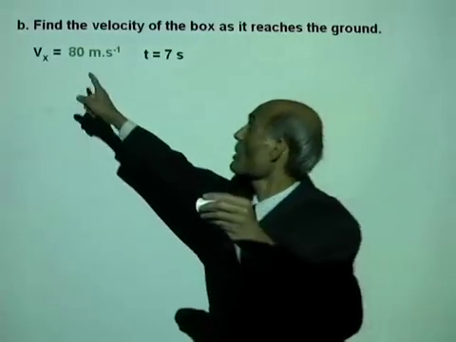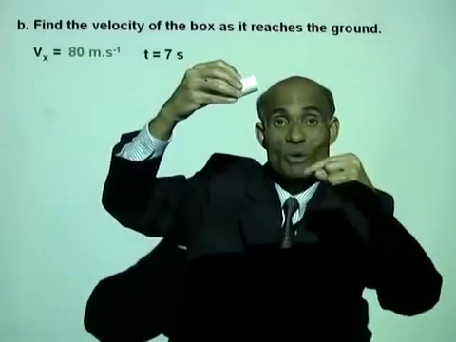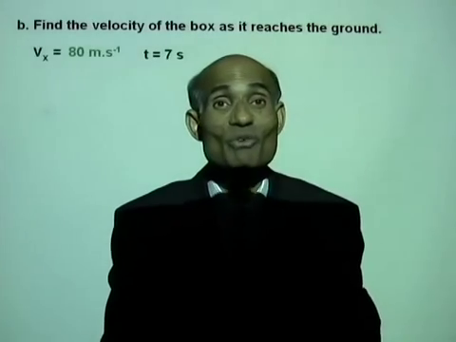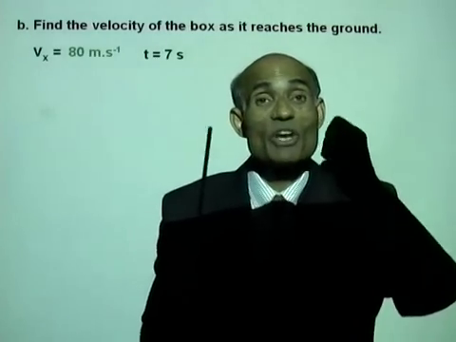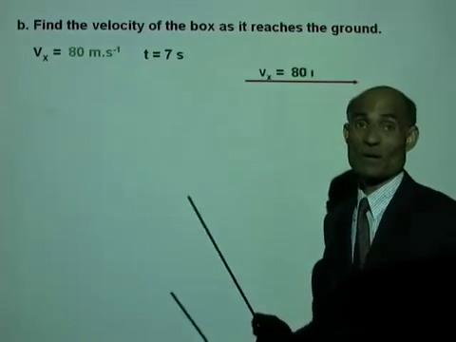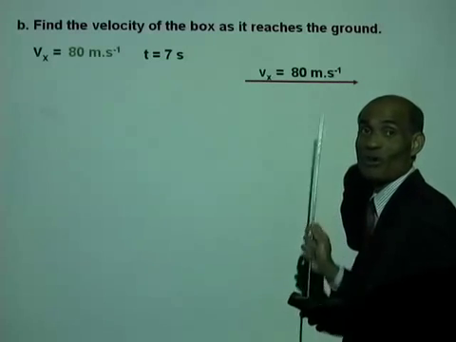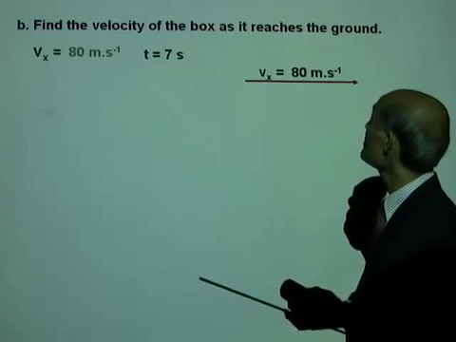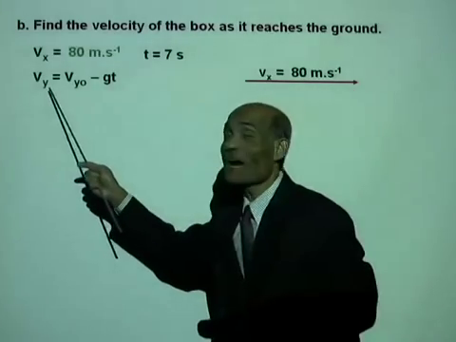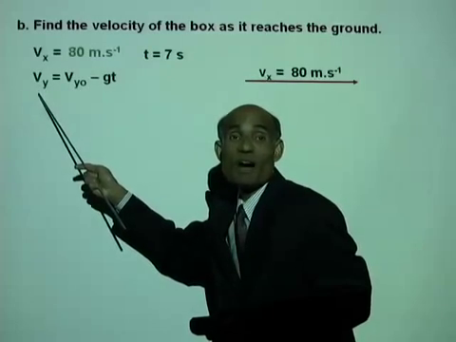What is the horizontal velocity? 80 meter per second. And in falling through a height, it has also acquired a vertical velocity. That means it has a horizontal velocity and a vertical velocity. All right, let's find these velocities. Its horizontal velocity is Vx equal to 80 meter per second. And we will find the vertical velocity using this equation: Vy equal to